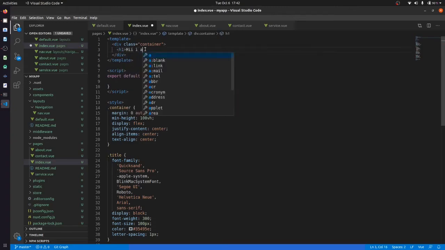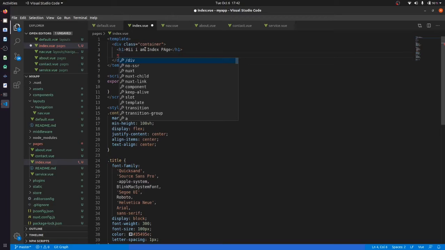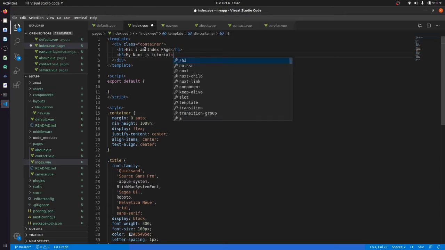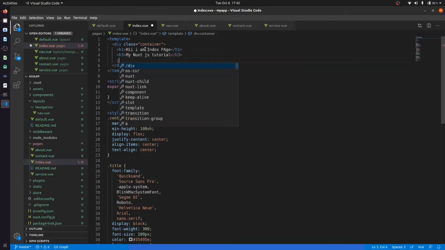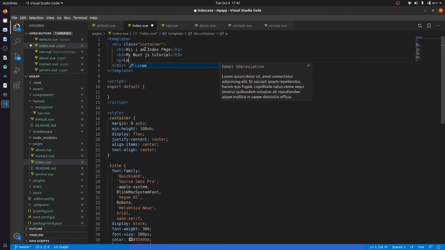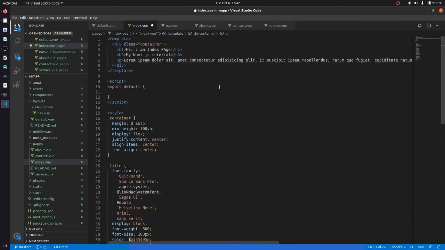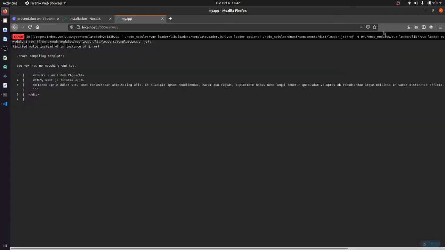Hi, I am index page. Okay, and after that we will give it a paragraph or h3, my next js tutorial. Okay, and after that we will just give it a lorem ipsum, so it will just show us some content.